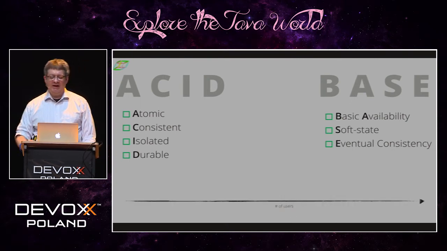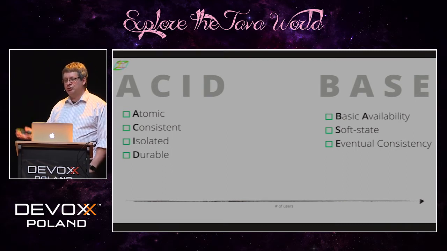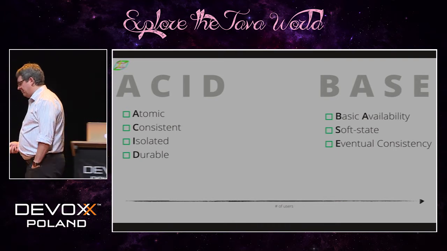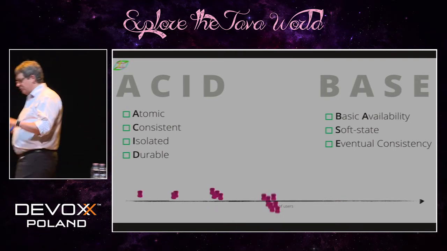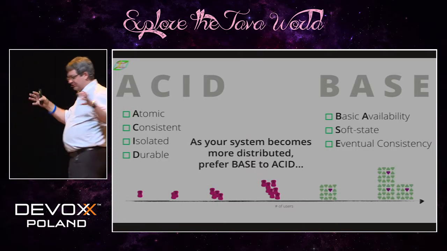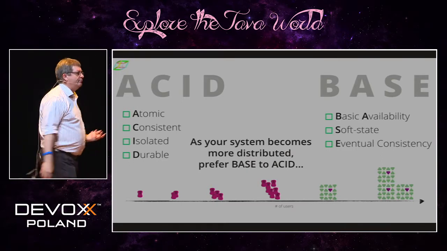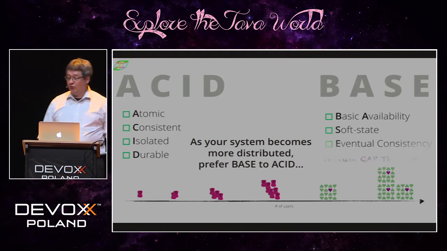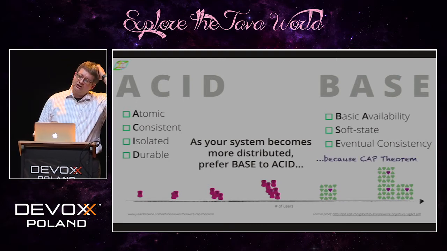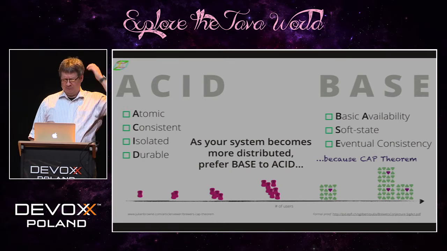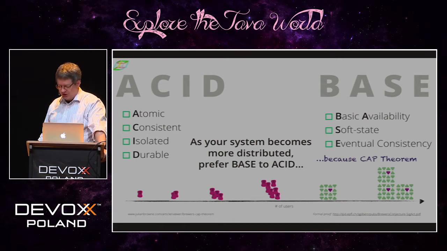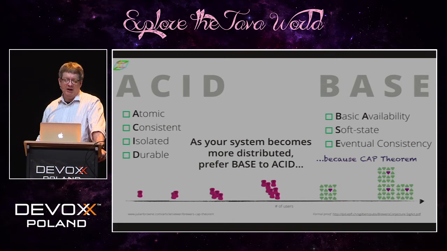And part of the reason for that, even if you're not doing some sort of exotic microservices architecture or something like that, is that as your system becomes more and more distributed, meaning that you're forced to physically partition your data on more and more physical nodes as the size gets bigger and bigger, you'll reach a certain point where you can no longer guarantee all four of those ACID characteristics anymore. After all, the CAP theorem sort of suggests this, and so a lot of big systems end up at eventual consistency, even if they're not doing some sort of service or microservice-based architecture, just because of the physical constraints of the way that data and physical data representation works.